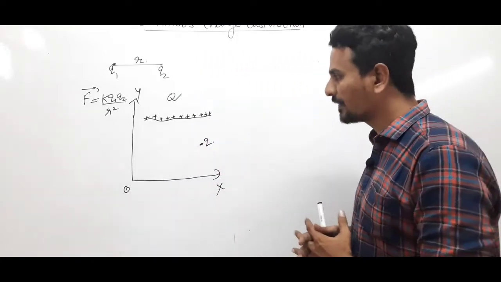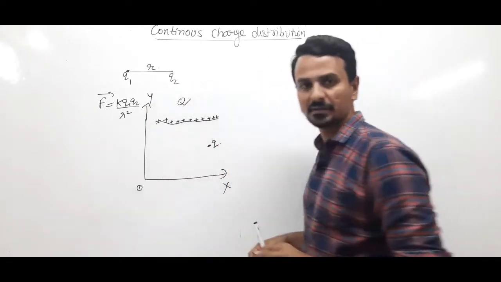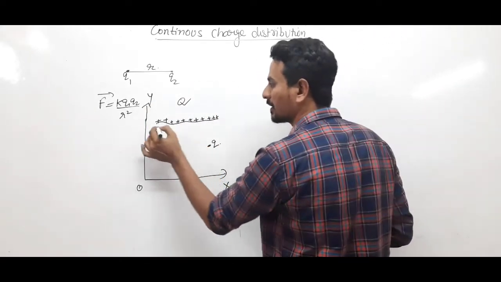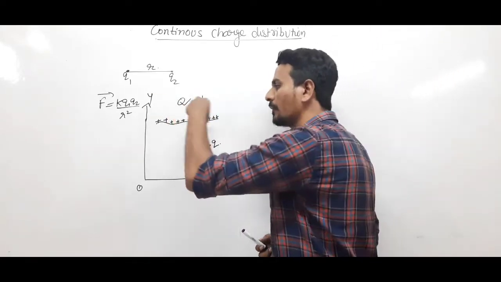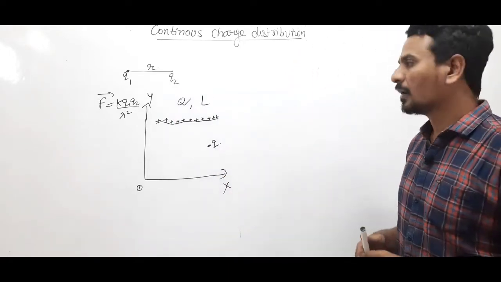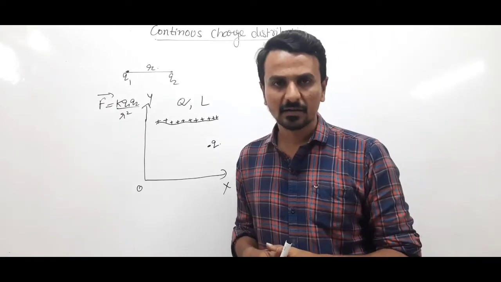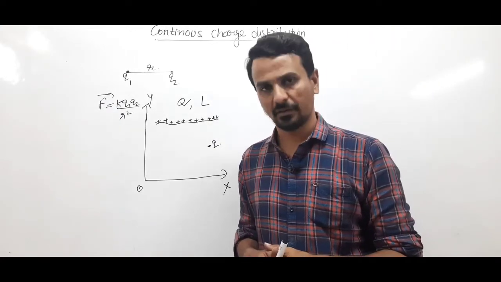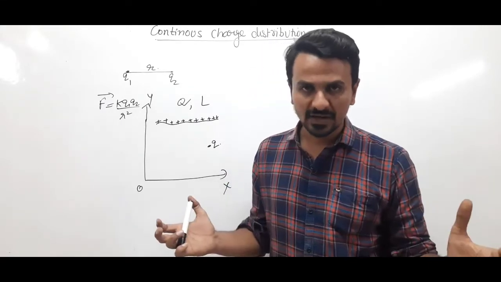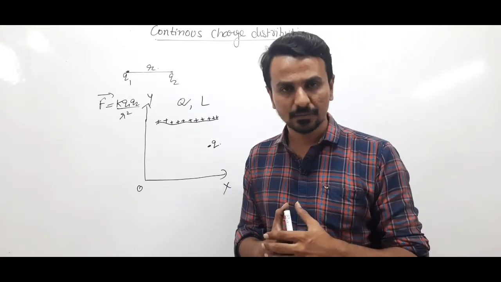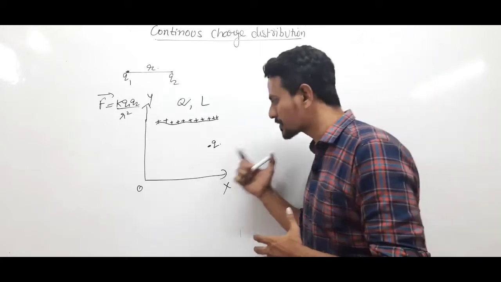So how will we calculate the force acting on a charge q because of all these charges? The charges are placed over a line, right, of length L. Total Q charge is being distributed over a wire of length L. Okay, so now summation is a difficult thing, so we'll go for integration. Integration means addition, right? We need to add all the forces, but integration is more preferable and it would be an easy method to calculate the force acting on a charge.